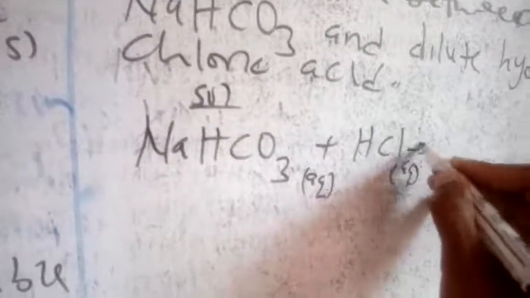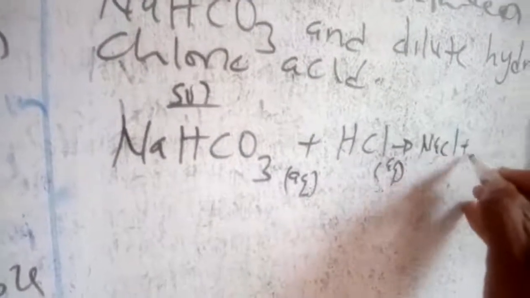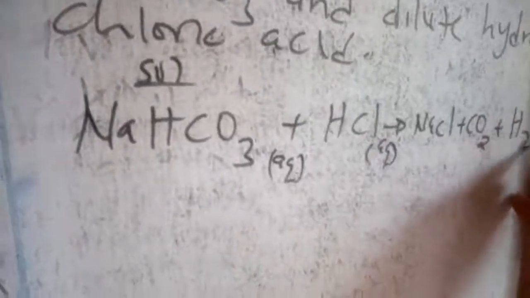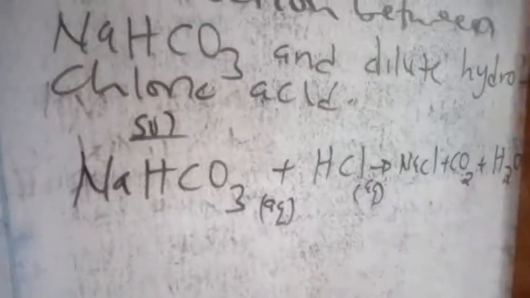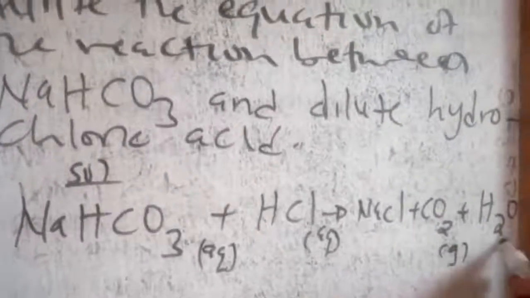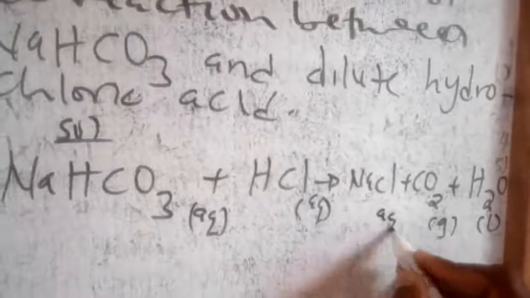So what are you supposed to get? You're supposed to get sodium chloride plus carbon dioxide plus water. In the process you will end up getting water, and therefore this is a gas, this is a liquid, and this is an aqueous solution, because we said in our point number